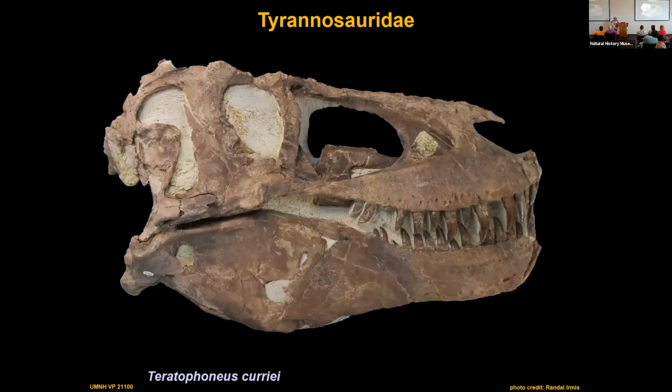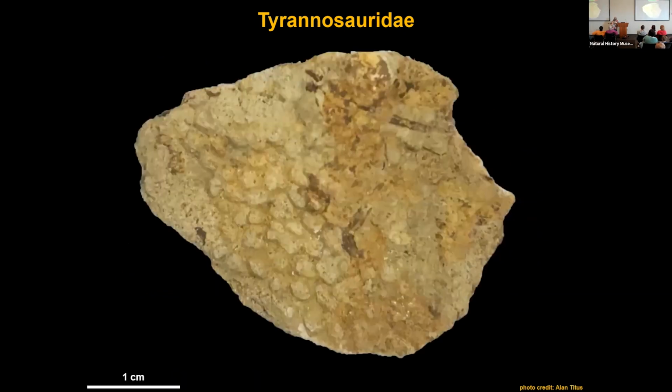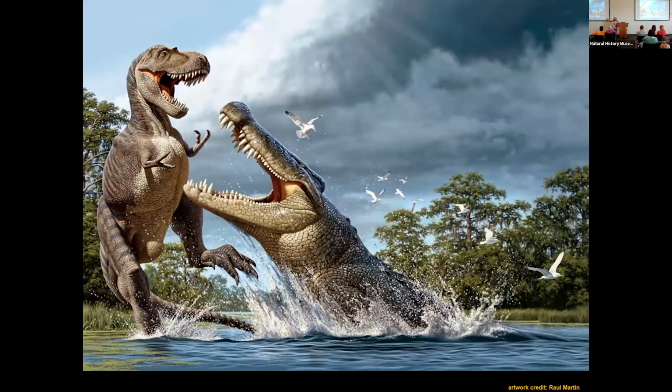And the cool thing is, we now have skin, not from this individual, but from a different quarry called Rainbows and Unicorns. You may have heard of that quarry, but this is what the skin looks like. And it's very, very similar to that skin that you saw from Albertosaurus and Gorgosaurus. So it's kind of boring, but this reconstruction in which you can see the different scales on the body, so far, we have no evidence of feathers in these early tyrannosaurids that are working their way up to becoming, you know, the iconic animal